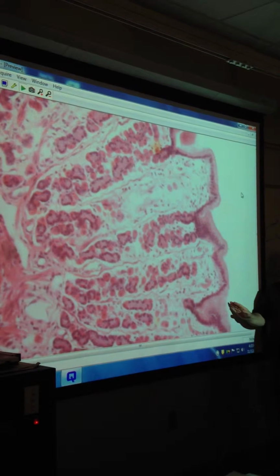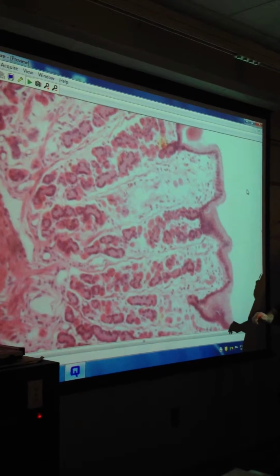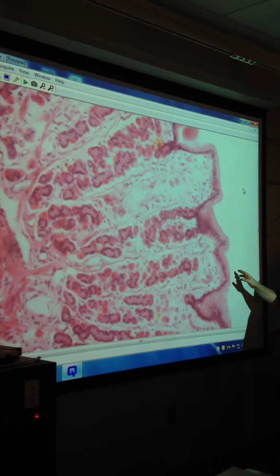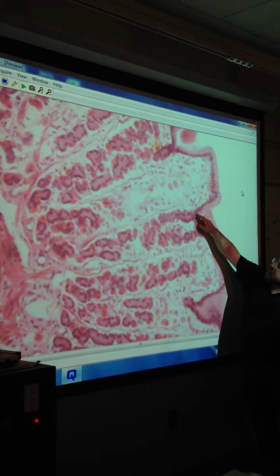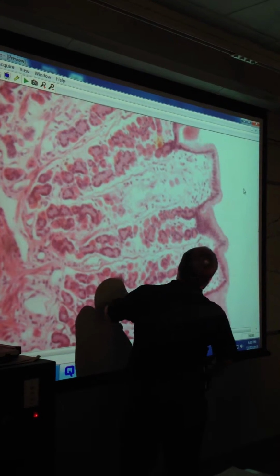Outer surface, the epithelium on the outside. We have gastric pits, kind of just in here, and then down here, all through here,